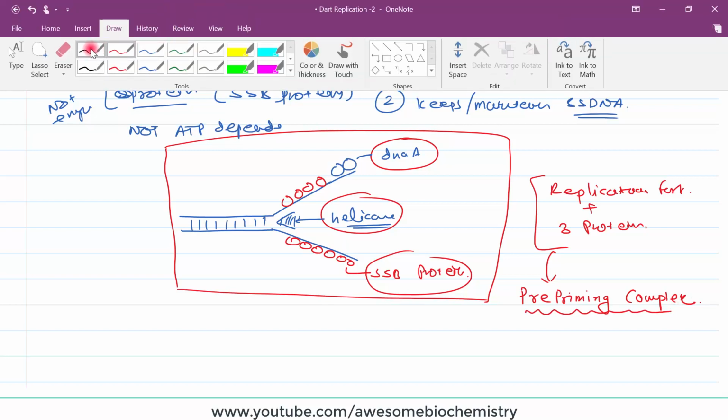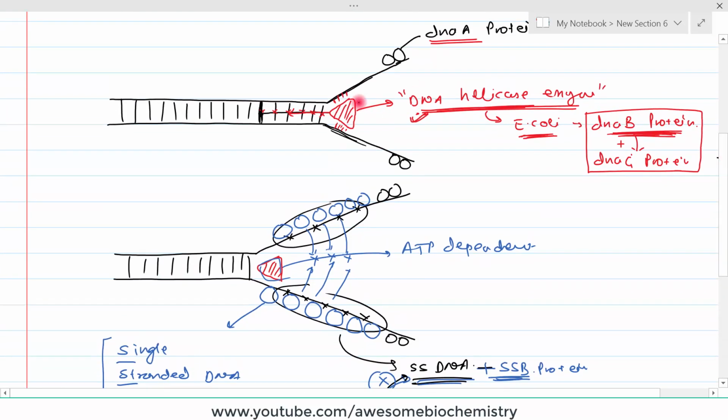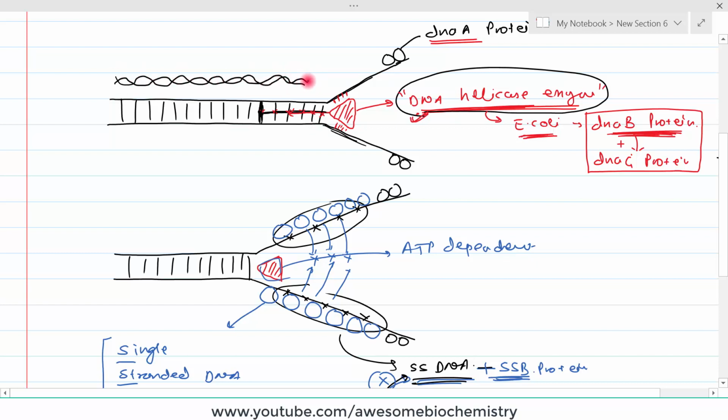Now, there is still one problem that is yet to be addressed. If you look carefully, as the DNA helicase enzyme is moving over here, there will be an increased number of turns in such a small distance. Remember, I drew these parallel lines of the DNA, but actually we know that DNA is a double helix. It's twisted on an imaginary central axis, and this is the replication fork. So as the helicase enzyme moves in this direction, all these turns will start accumulating in this part. So ultimately it will look like this. There will be tight turns.